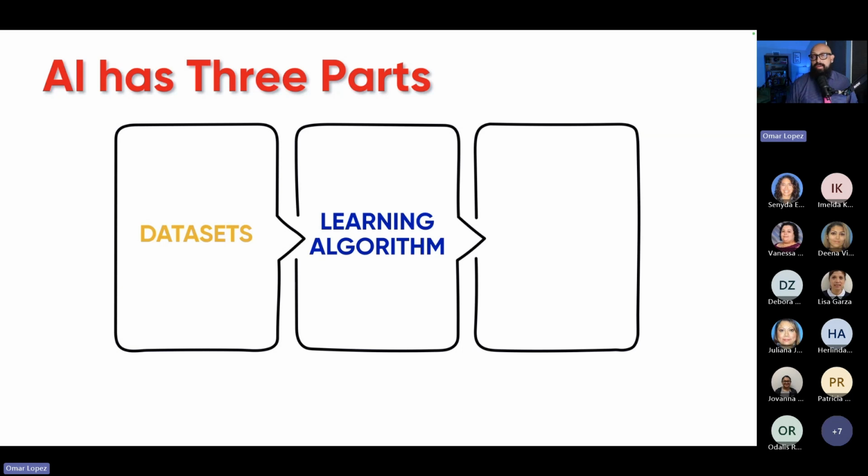Now, in those data sets, there's a learning algorithm that starts learning patterns based on people's interactions with the chatbot. For instance, we might have a second grade teacher in El Paso looking for activities for her second grade students so they can talk about vocabulary development, right? So she or he looks for that, and then the AI starts learning, oh, this is what the teacher asked for, this is some of the context behind what was going on in that interaction. And now this large language model starts figuring out some of the patterns that could help another potential user. So then the AI comes up with a prediction,